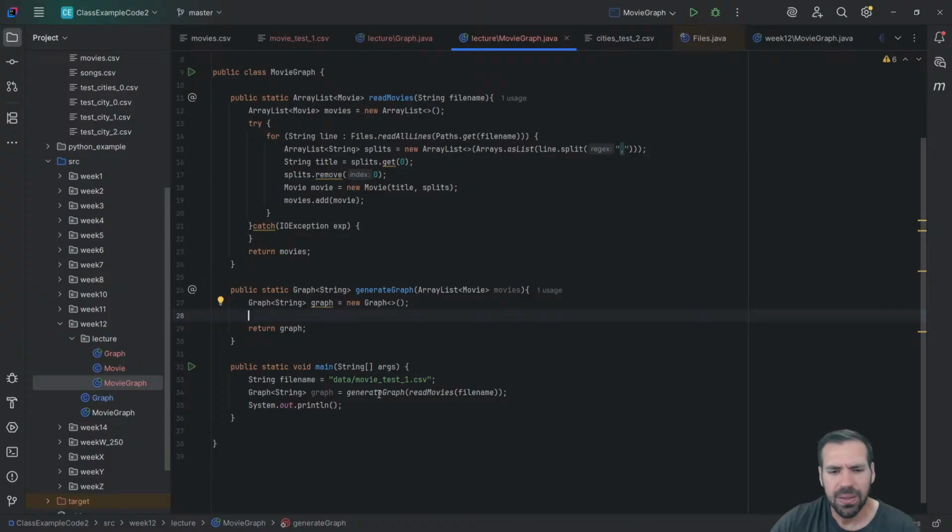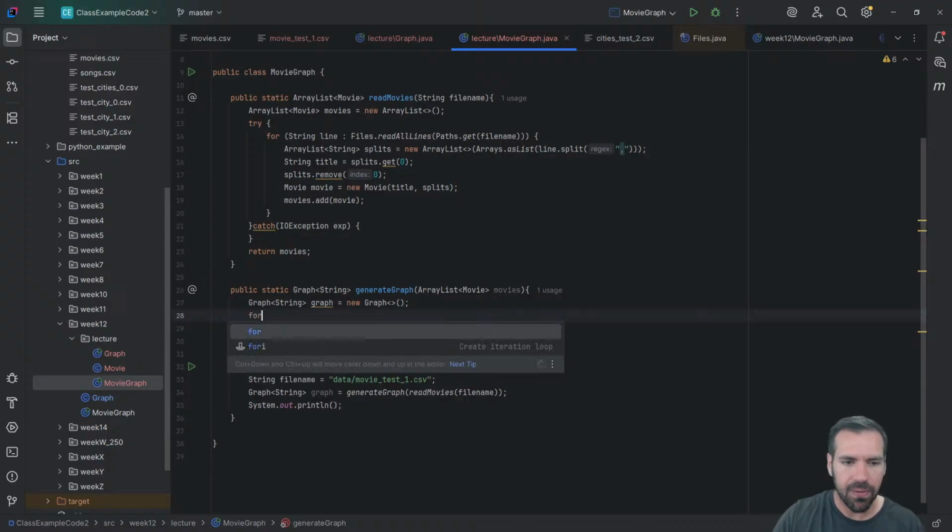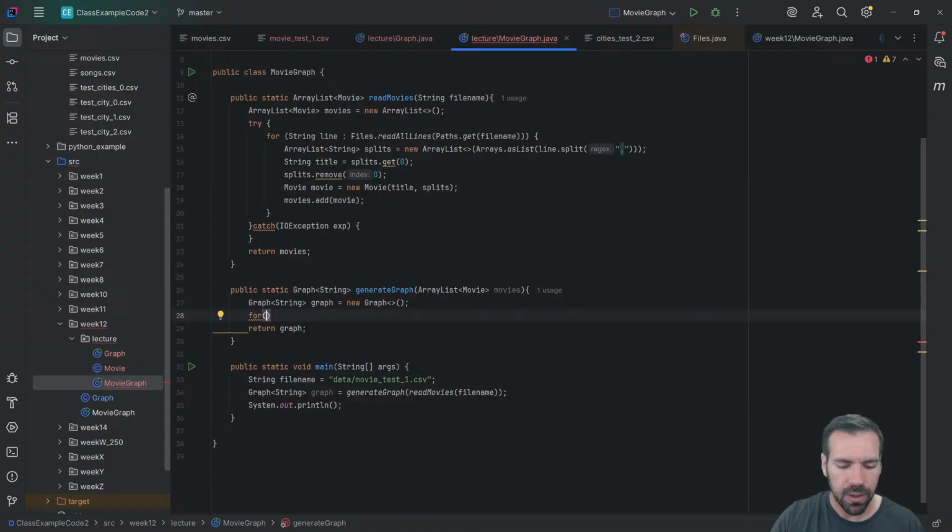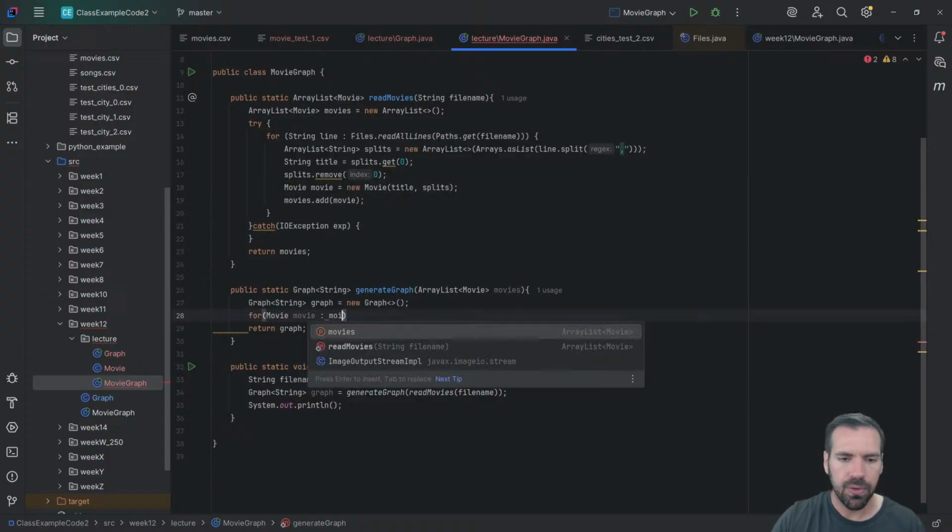Okay. So now generate graph is getting that array list of movies that we read from our file, and we want to generate a graph from that. And I'm going to do this in a weird way first, the way that I see most students doing it when you have to do this on your own, which is fine. I'll just do it and explain. But it is fine for our very specific application. But we want to iterate over all the movies. So for movie in movies,